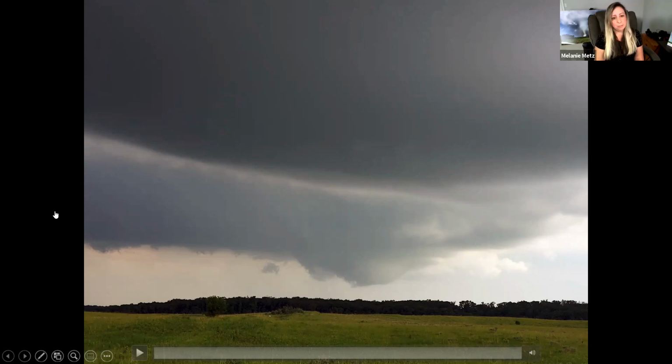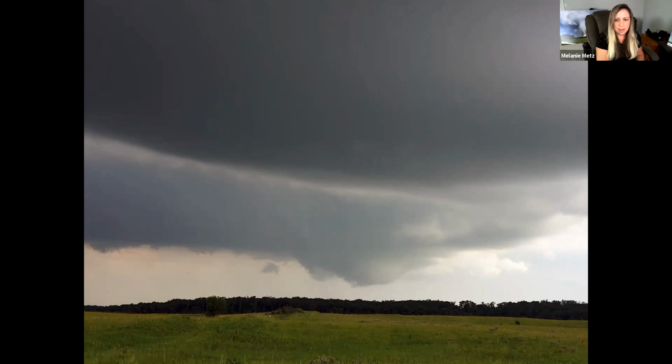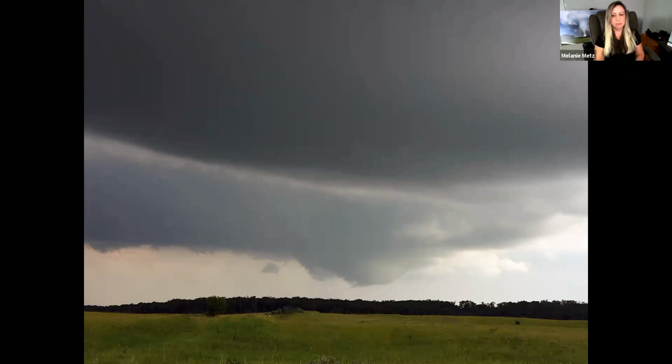In this case, Brad and I were coming in from the north, and since that storm was moving northeast, we didn't see anything happening yet, so we stopped for a few minutes to take a look and wait for it to just move closer to us. Why do we need to keep driving if it's moving our direction? So that's always a good time to stop and take some pictures.